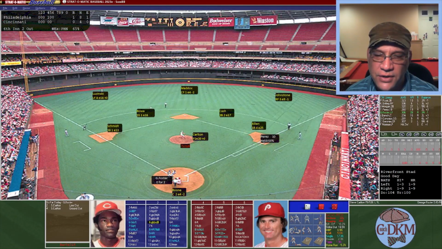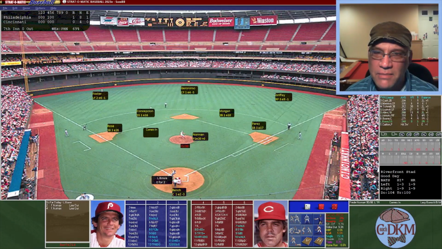And now here is Foster. And Foster's going to hit a ground ball right at Larry Bowa. And that's going to end the inning. So after 6, Philadelphia has 1 run off of Lazinski's solo home run. They have 8 hits. They've committed an error. Cincinnati has 0 runs, 4 hits, and has not committed an error yet as we go into the top of